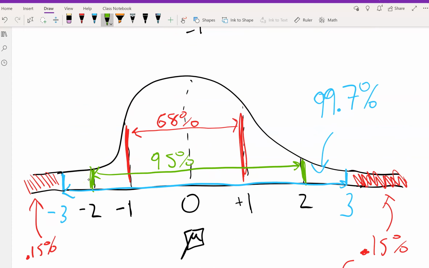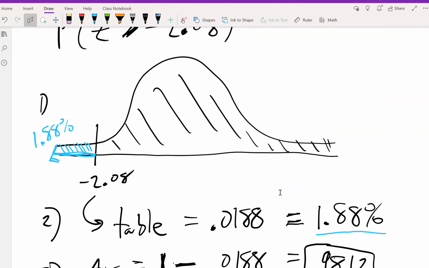If 95% is in between the 2 and negative 2, that leaves only 2.5% of the population to be below and above it due to symmetry. That's why a great, quick, classic definition for outlier is anybody 2 standard deviations below average or 2 standard deviations above average. All right. So we got the answer to this question,